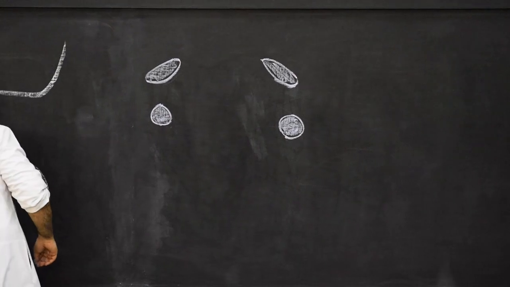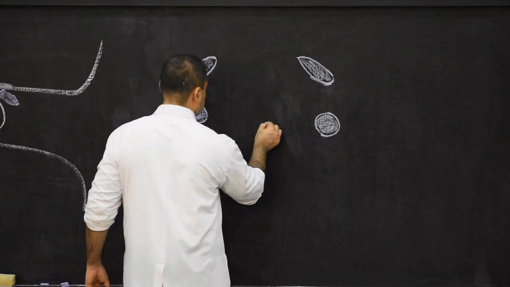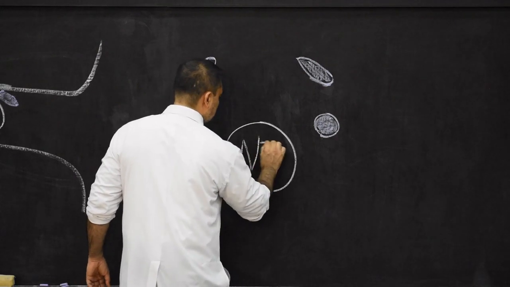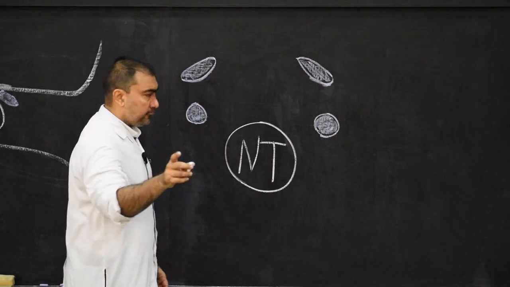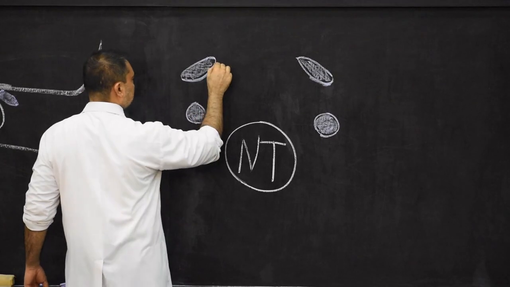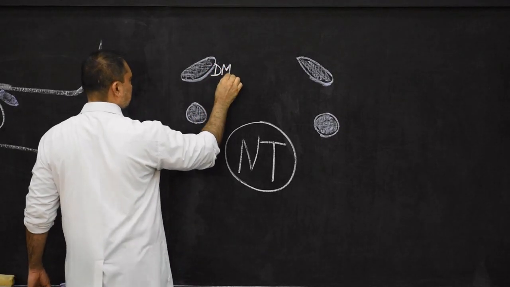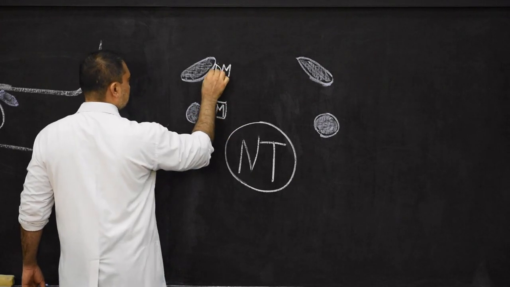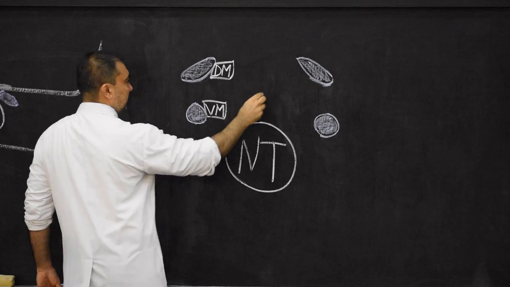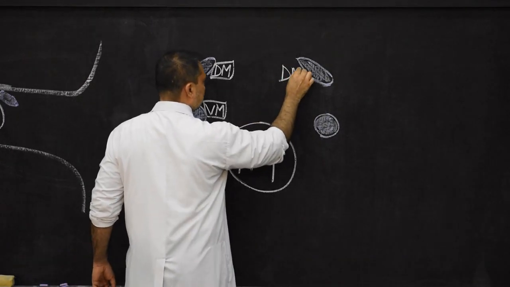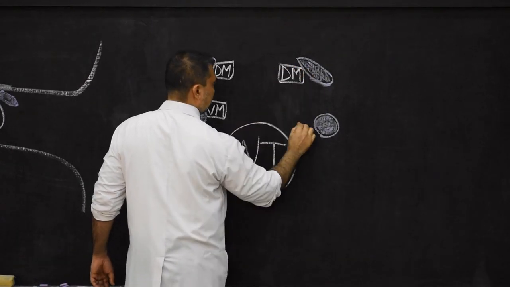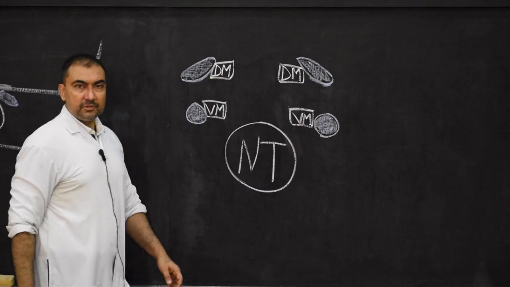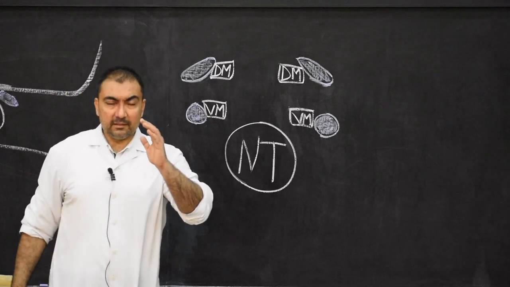And here we will complete the neural tube. So therefore this is the neural tube. Now we will mention this as dorsal mass and this one as ventral mass. So remember that each primitive spinal ganglion is divided into dorsal mass and ventral mass. And now we come to the derivatives of neural crest.